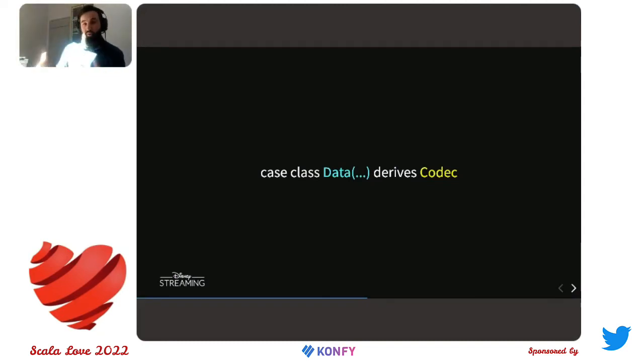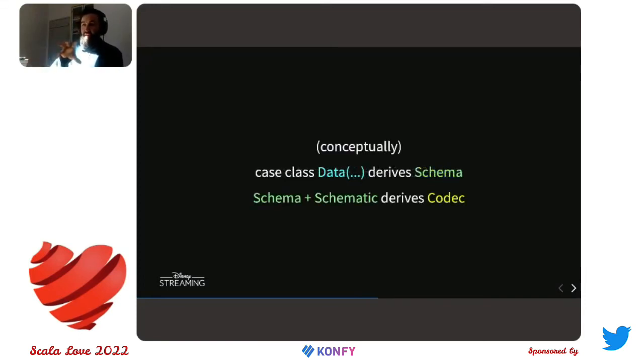In our case, we don't know what format we're going to be working against, because the code generation is responsible for creating the data, but it's not aware of whether it's going to be working in JSON or XML. So we're removing this coupling, and conceptually speaking, it's not really working this way because we're using code generation instead of macro-based type class derivation or the derives mechanism from Scala 3. We are deriving a schema from our data model, and we can regain the codec by combining the schema with a specific schematic implementation,